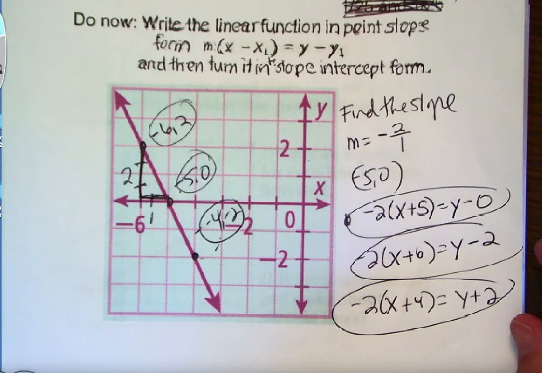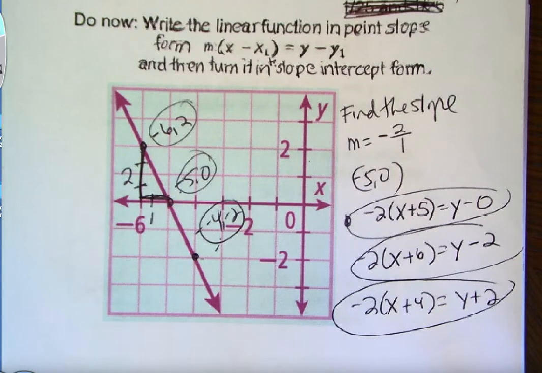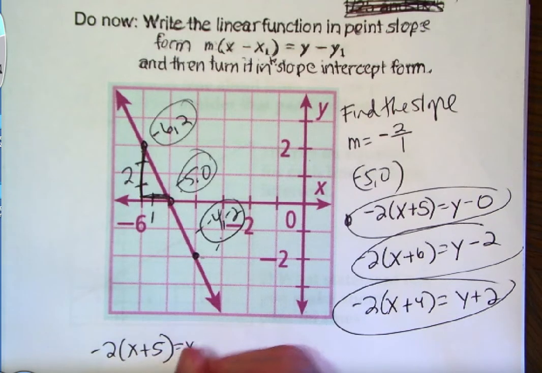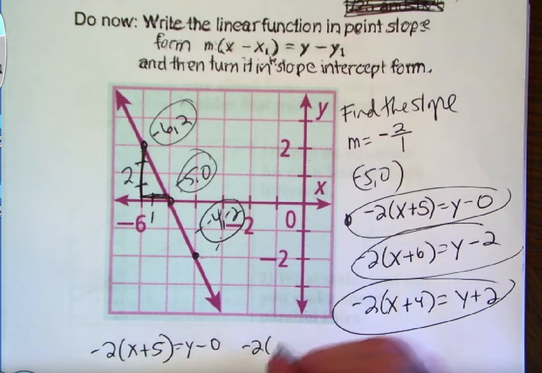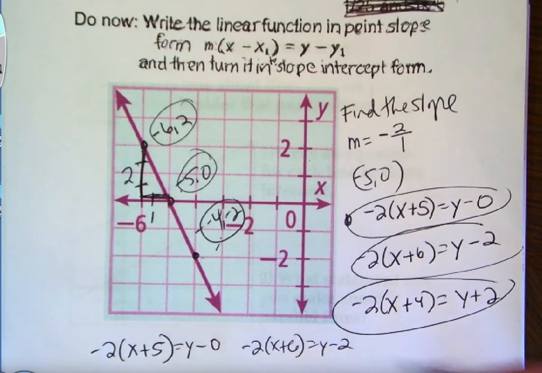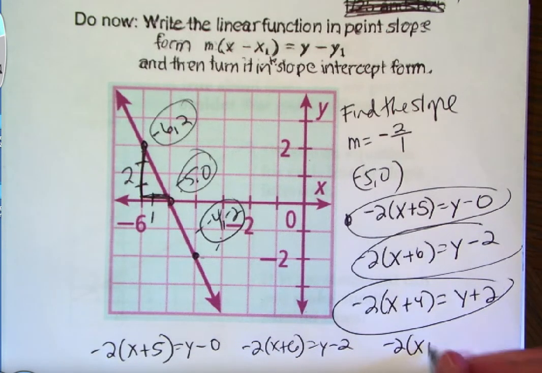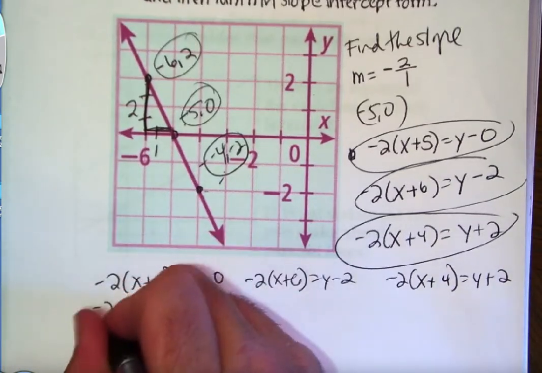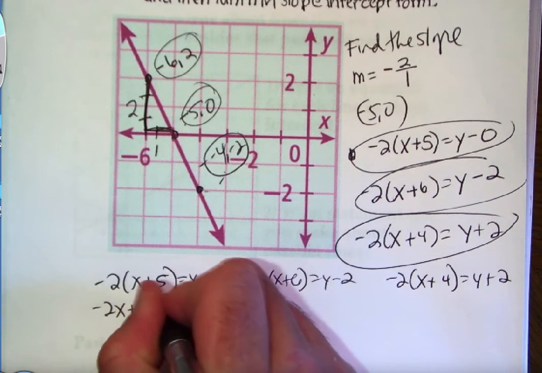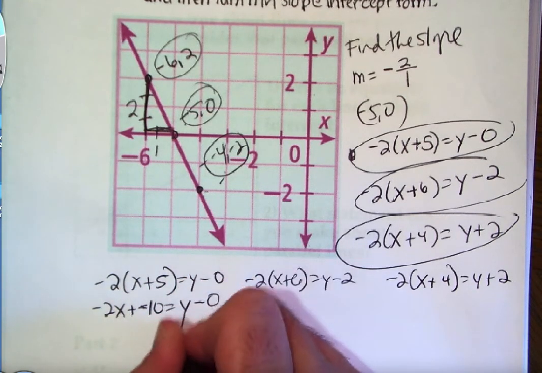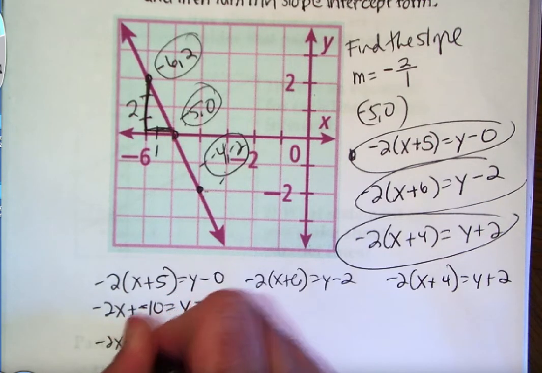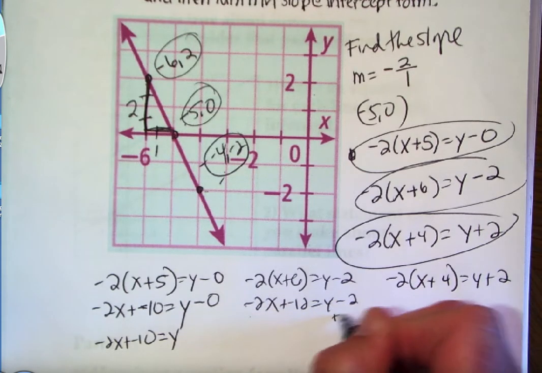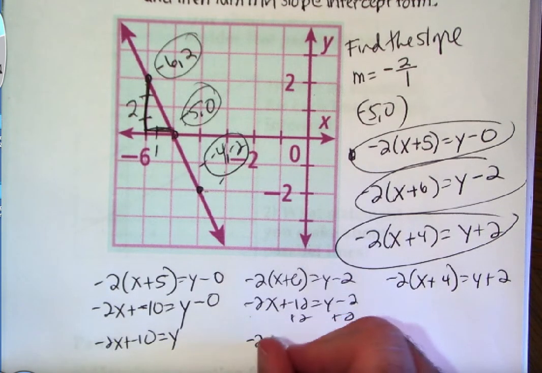Then I told you to turn them into slope-intercept form, and here's the really interesting part. Normally I have students who chose different points come up and show their work on how they got the point slope form, but I'll just do that here. So remembering to distribute, you get negative 2x plus negative 10 on this one. Here I'll distribute. And then if I solve it for y, interesting enough,